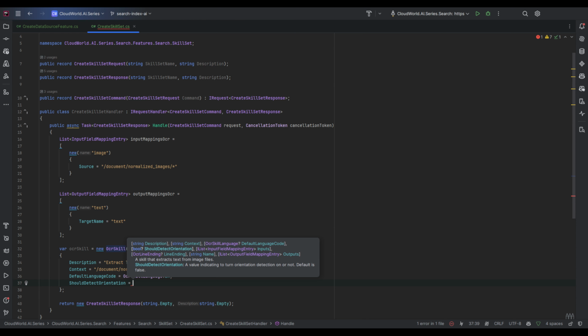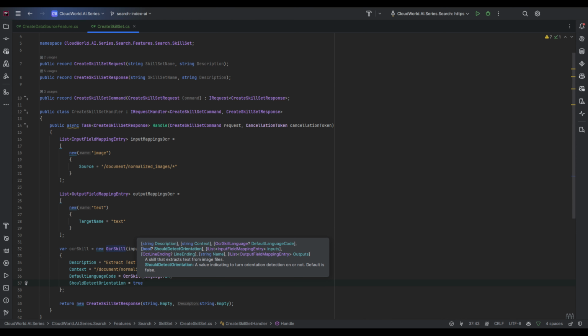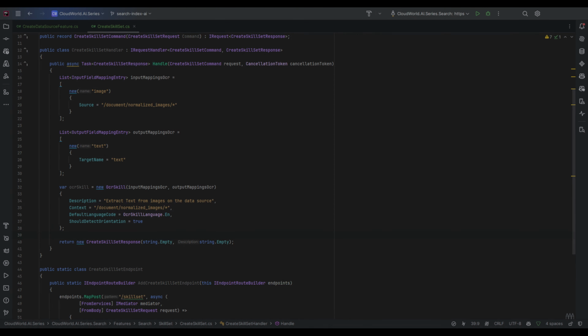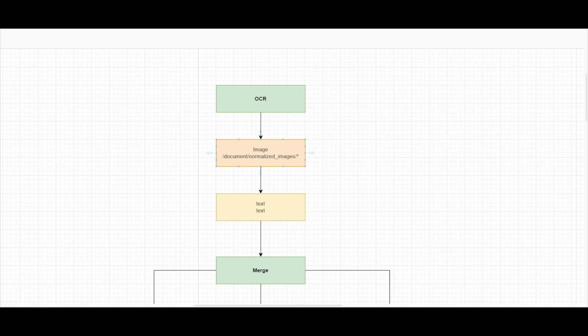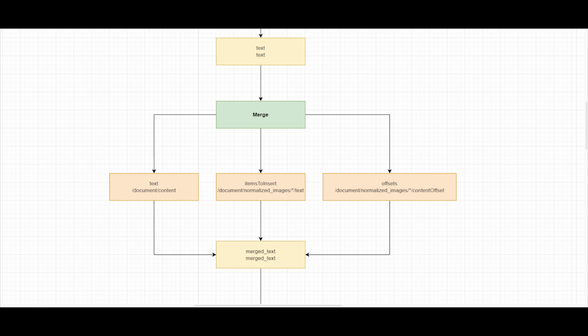And let's set up a show detect orientation, which is going to analyze the image and detect the orientation of the text. And it's going to take a look if this is a read, a right, or a left reading. So now we have created the first part with the OCR. So we work with the normalized images, we save the output into a text folder, and now let's build together